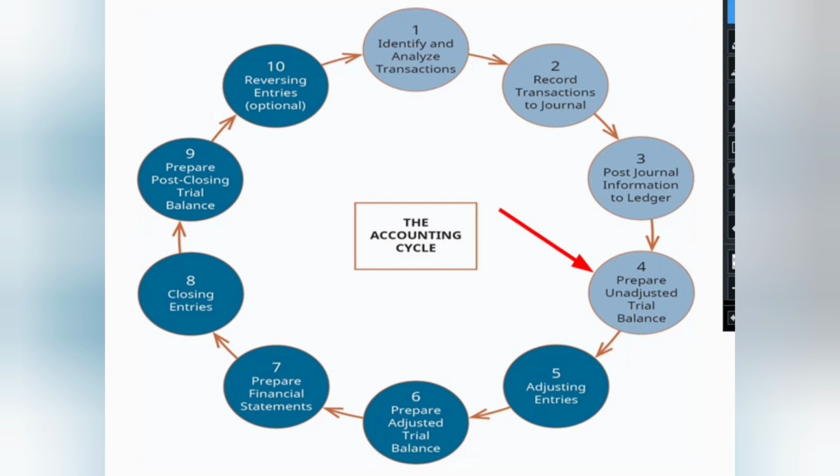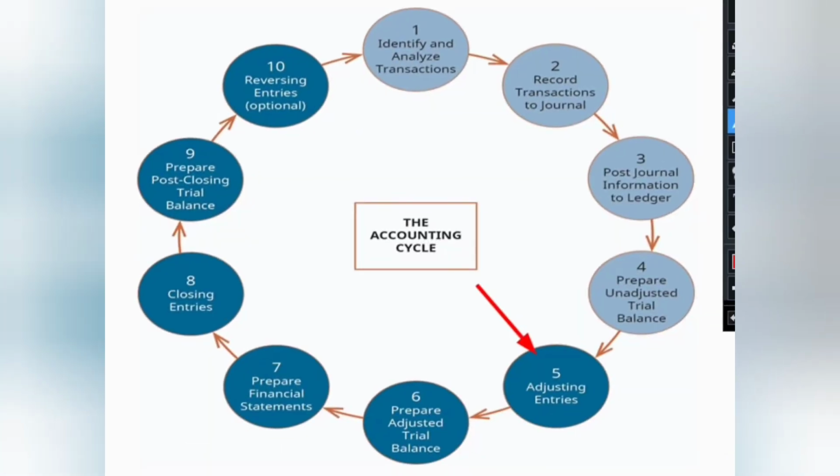Either the balance b/d of the debit side or the credit side. The amount of the debit side is put here in the trial balance on the debit side. Similarly, the credit balances go to the credit side. Yes. So the trial balance is prepared here to verify whether the sum of debits is equal to the sum of credits or not. So it helps to check the accuracy of the posting. Okay, it is prepared at the end of the accounting period.